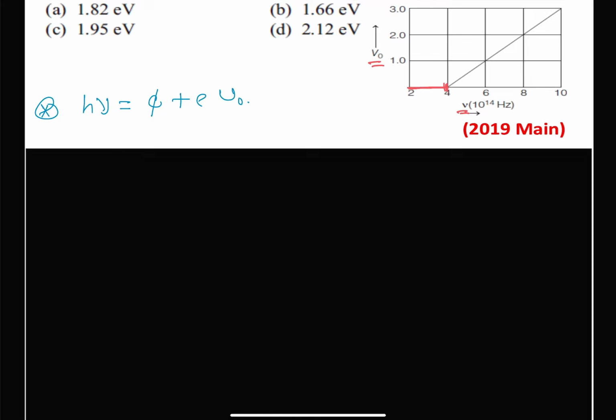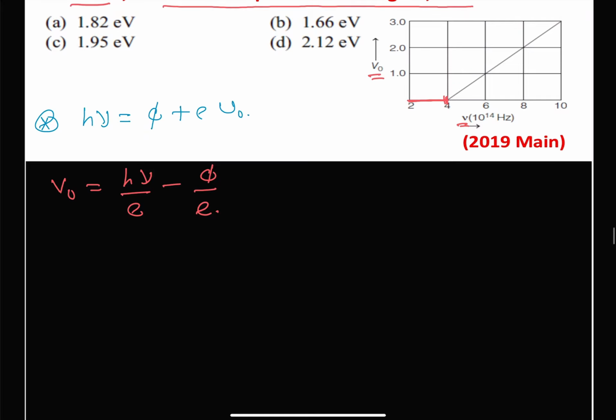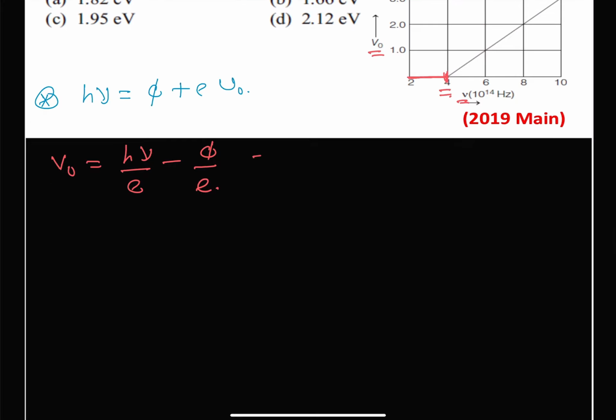From here we can write that our V naught will be equal to h nu upon E minus phi upon E, and our stopping potential has 0 value up till our frequency is 4. So from the graph, V naught is equal to 0